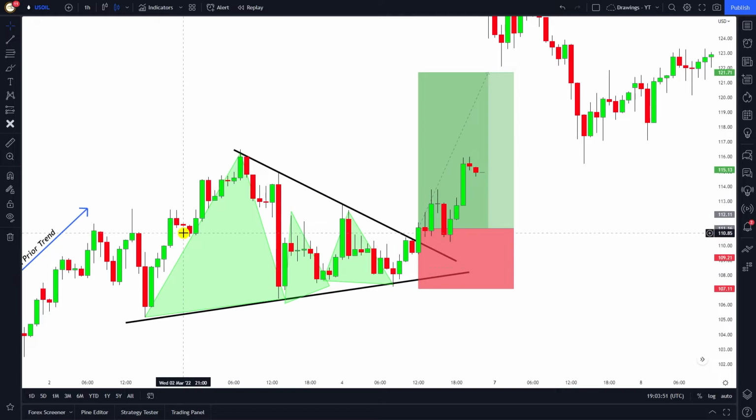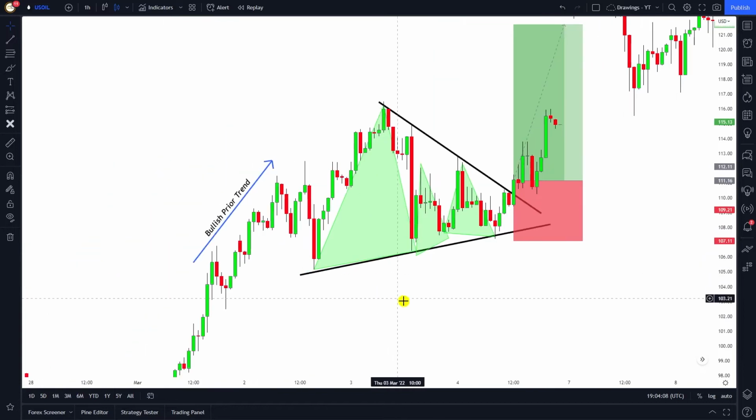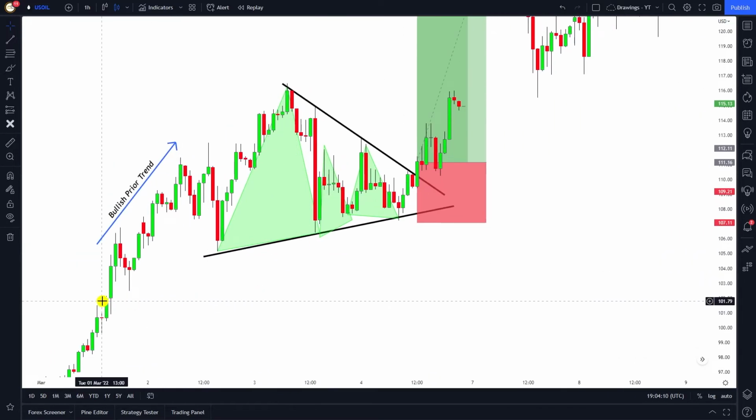So here you can see that this is the first swing, then this wave will be the second swing and third swing, and also the market is making these swings in a manner that every next swing is smaller than the previous swing. So this is a valid triangle pattern. And our second point was that